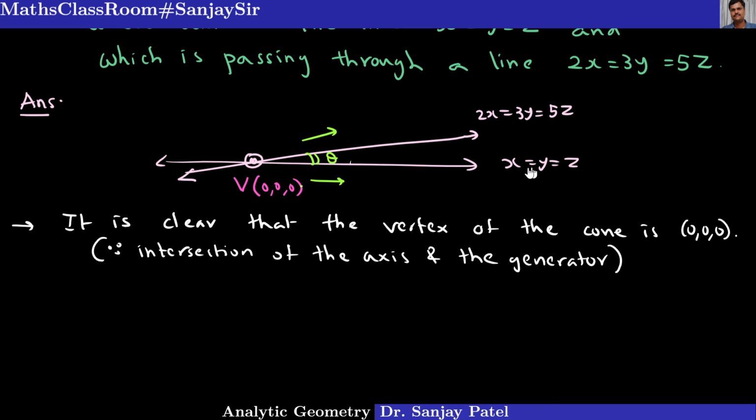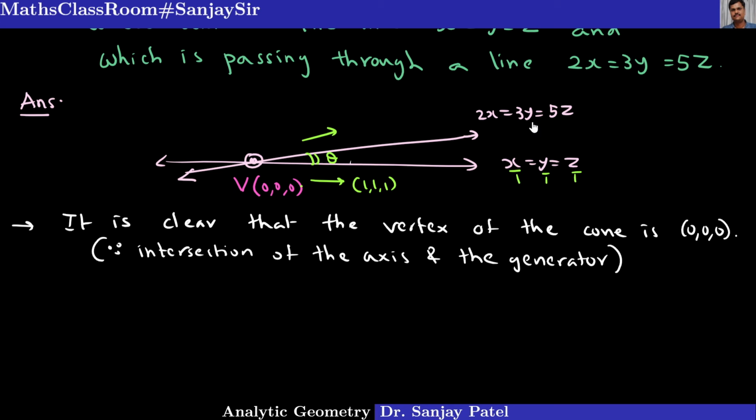So the direction of this axis x, y, z is given as 1, 1, 1. You can see here it is 1, 1 and 1. You can understand like this. So this is 1, 1, 1, and this